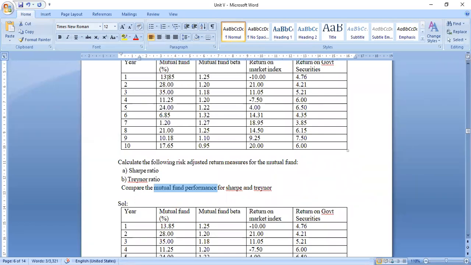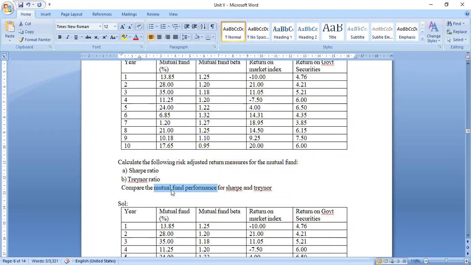Now this standard deviation is going to be normally what we used to calculate previously for the portfolio, like even in case of first unit, I'm sorry, not first unit, in second unit when we are asked to calculate the risk or the return. So risk we are calculating in terms of standard deviation. So there we are taking the returns of various different securities. So that is the logic that we are applying here for calculating the risk adjusted return measures for the mutual fund under Sharpe and Trainer.